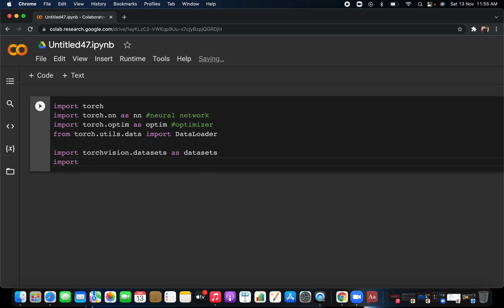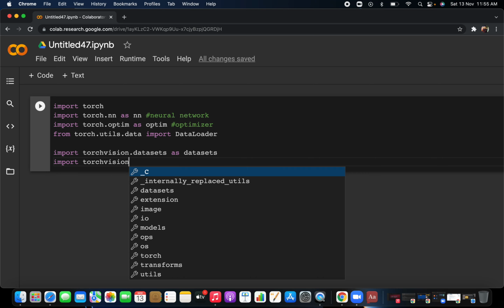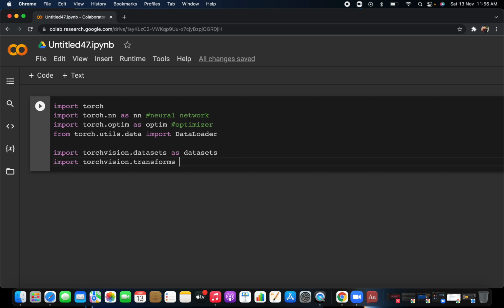Okay, transform basically means that you want to transform a particular image in multiple ways: either you are doing a resize, or augmentation, or a horizontal flip or vertical flip. Those are the concepts of image augmentation. We will see this later on, but for now you have to concentrate on how you are importing the library, pre-processing the data set and downloading the data set. Okay, then you write transforms.